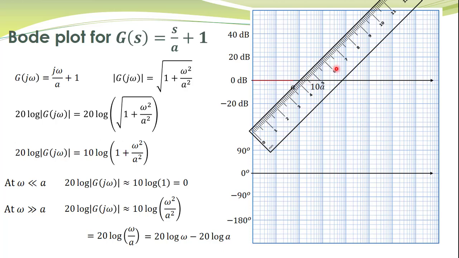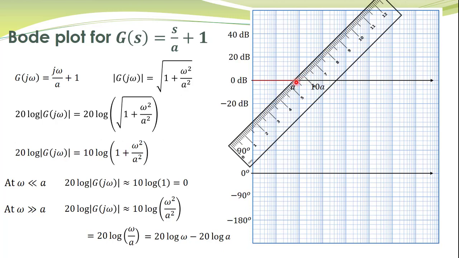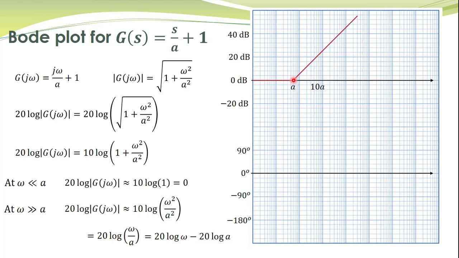So this scale is oriented at 20 dBs per decade. From this frequency up to this frequency, you have 1 decade, and on the vertical axis there is a rise of 20 dBs. So slope of this scale is 20 dBs per decade, and we have to draw this line at this point. So we bring the scale over here and draw this line. So this is the asymptotic magnitude plot of